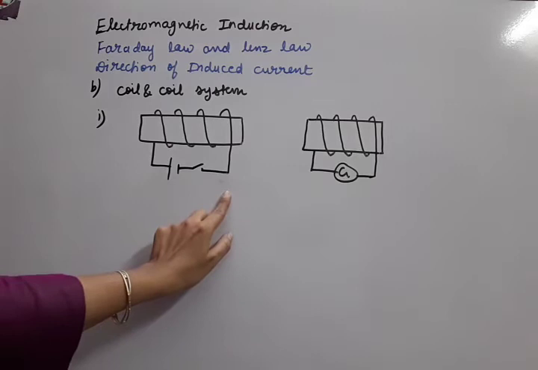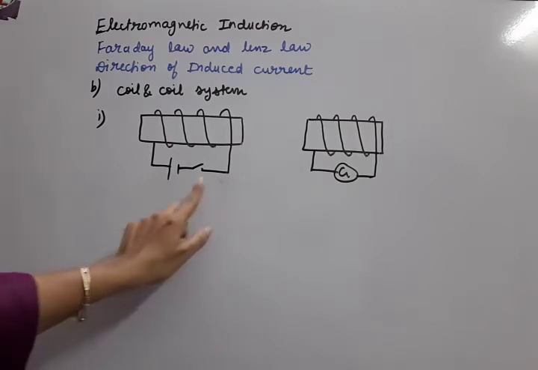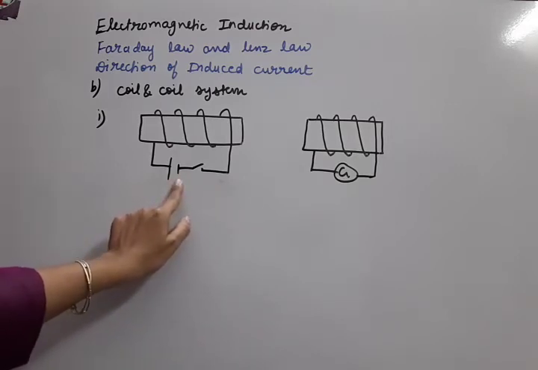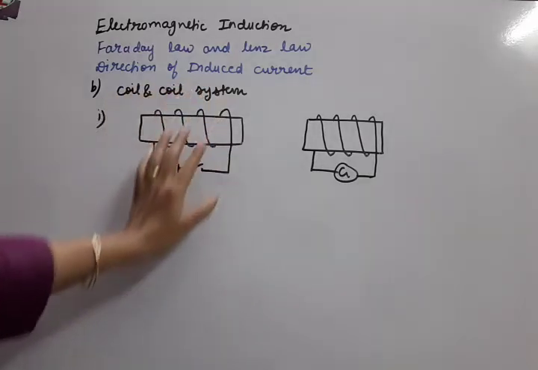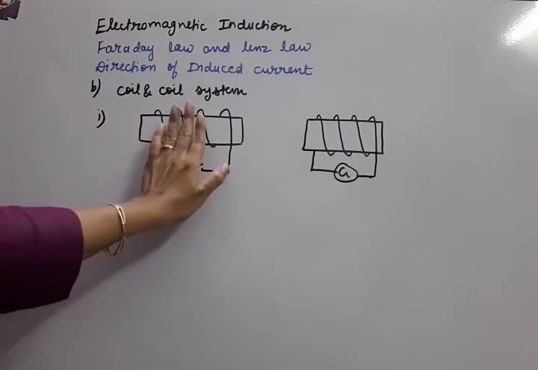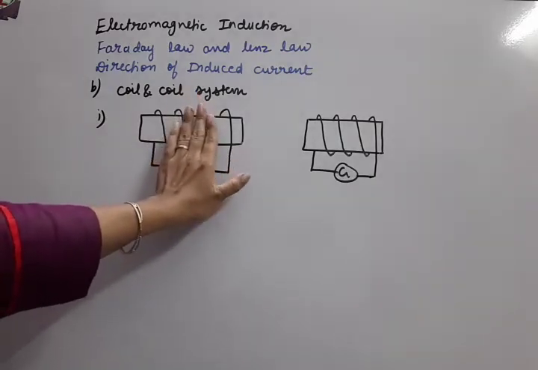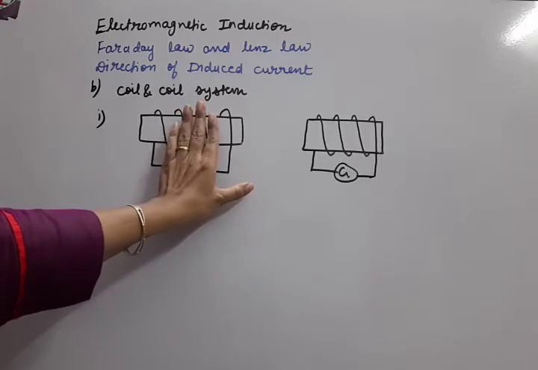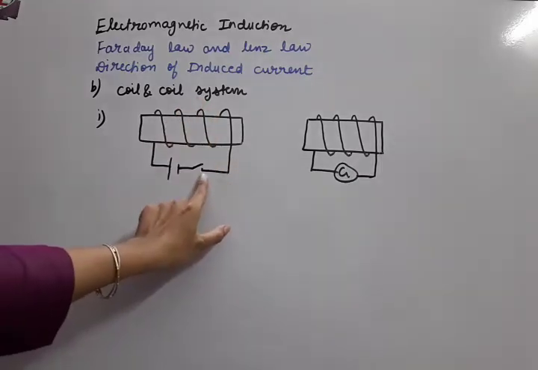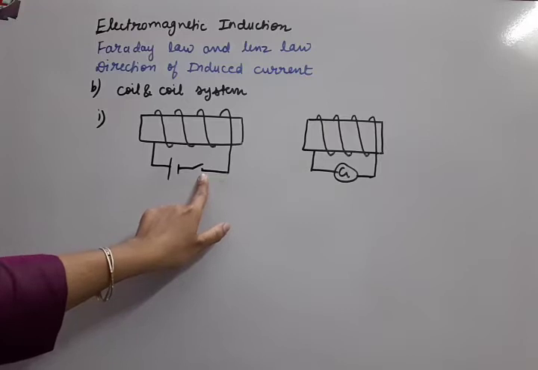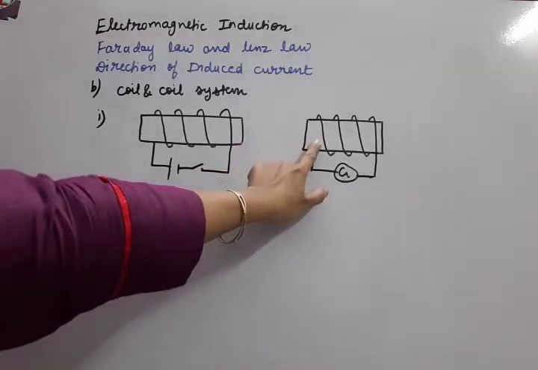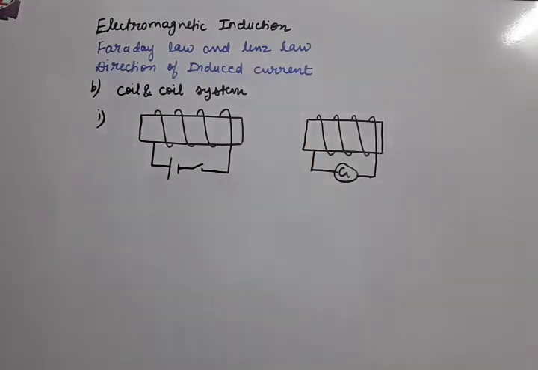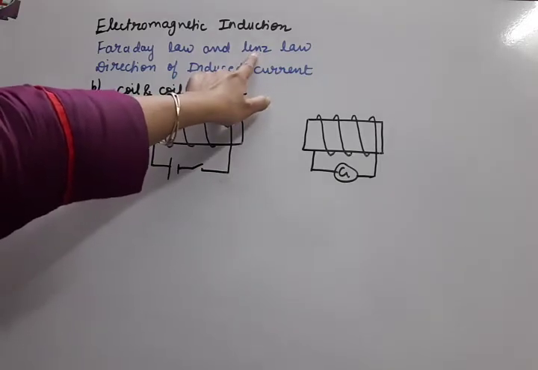So in the primary coil we are attaching a battery so that the current will flow, and because of the current flow the magnetic poles will be prepared. That means this will produce the magnetic flux now also, and as we close the key or open the key, the change of flux will appear in this coil, and that's why the induced current will be produced. So let us start practicing this example, and let us remember Lenz's law.